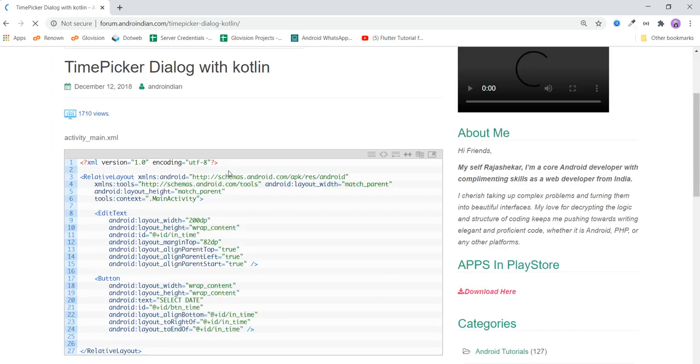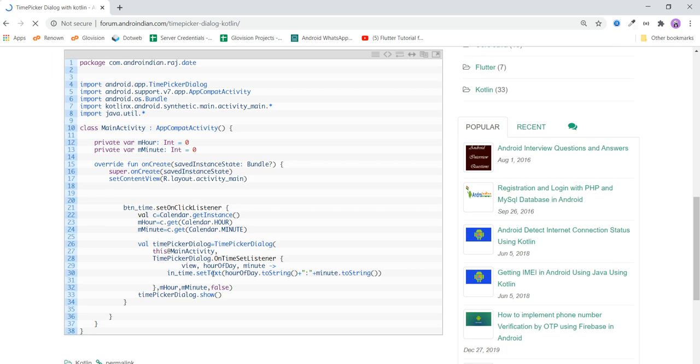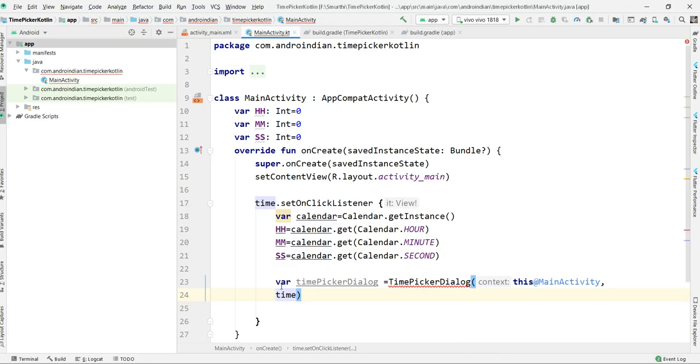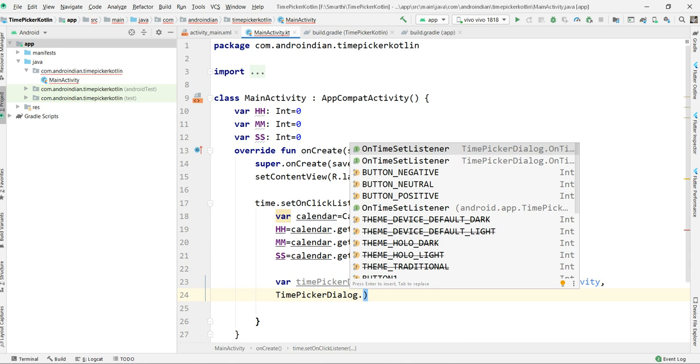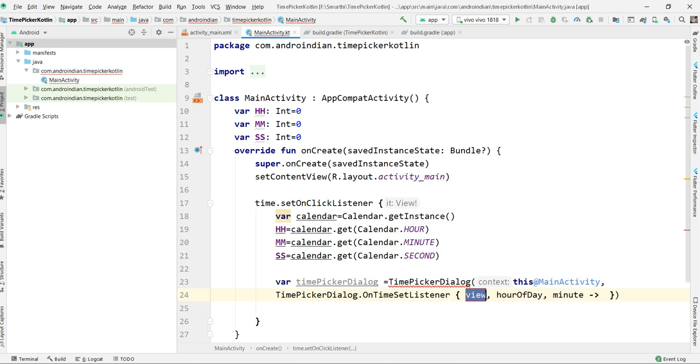I'm opening this. Directly it's coming there, but why not here? TimePickerDialog dot OnTimeSetListener. So it's created like this.